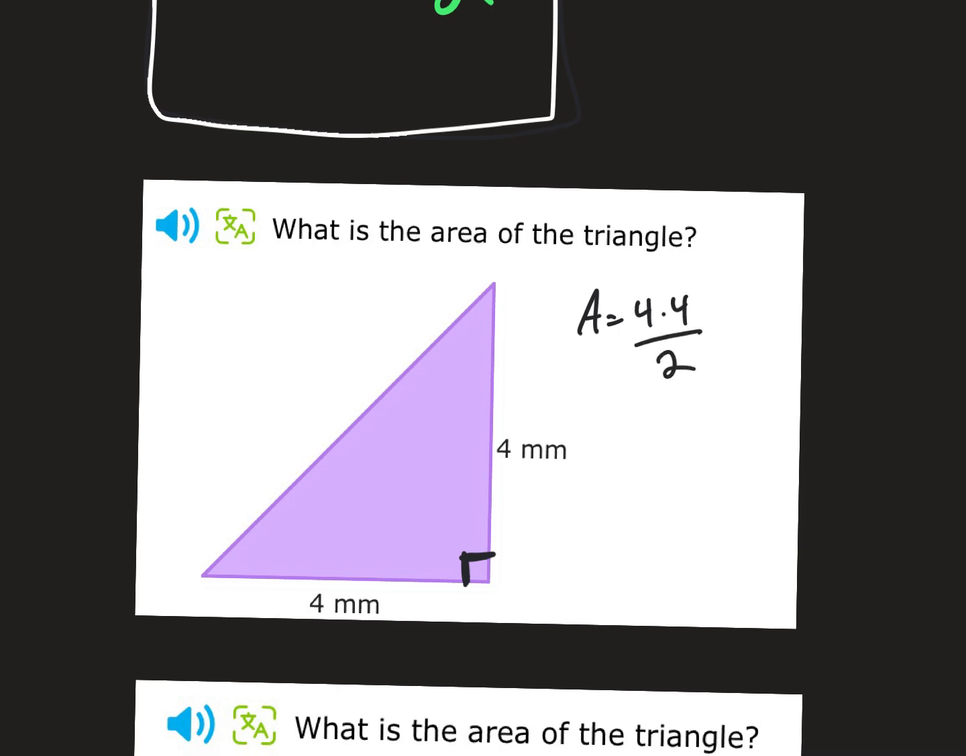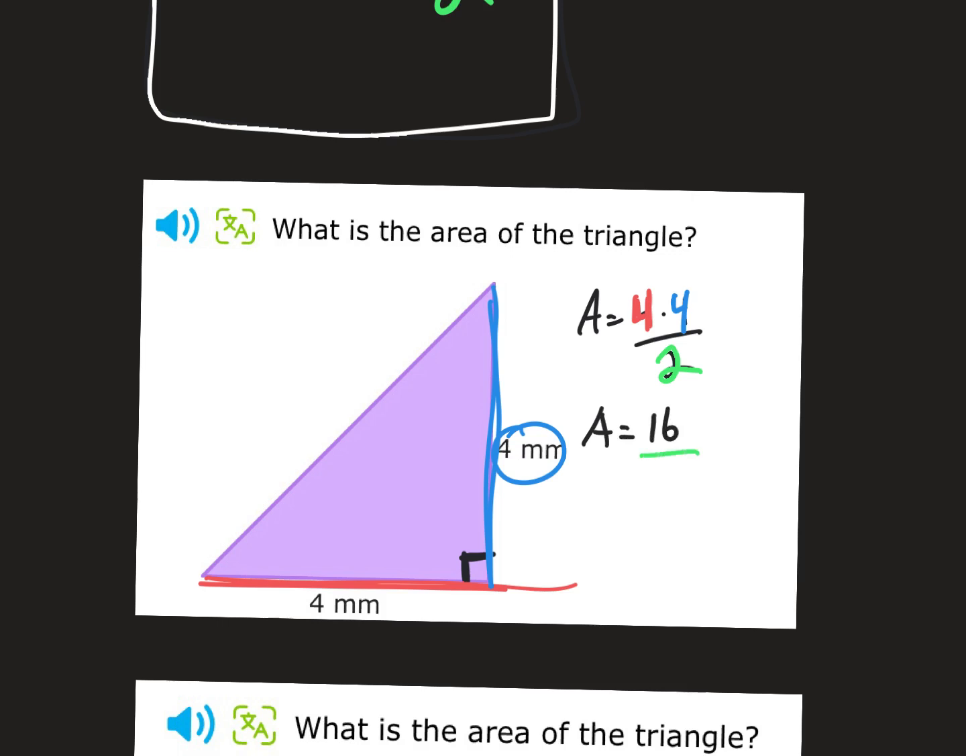We want to set up the problems that we have with the numbers that we have. So we have our base, which is 4 in red, and then our height here, we have 4 as well, and we're going to divide by 2. So we want to simplify this. 4 times 4 gets us 16, and we have 16 over 2. And when we go 16 divided by 2, we end up with 8, and we're in